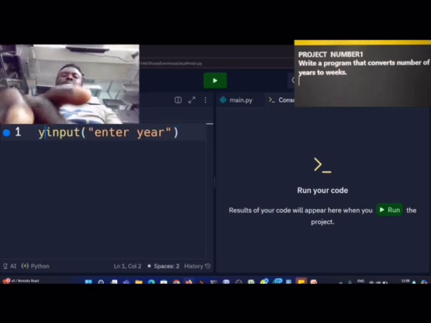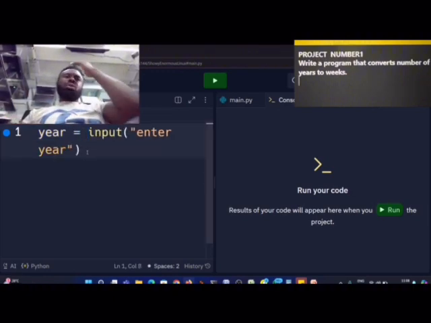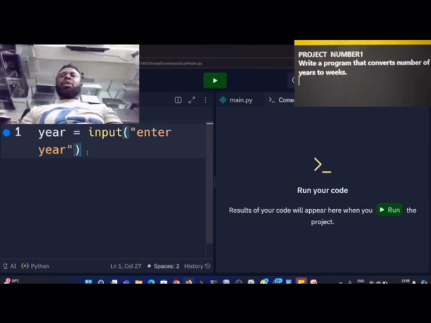So let's call the variable here. There is information we are getting from the user. We are storing it inside the variable called year. Then we have to now,